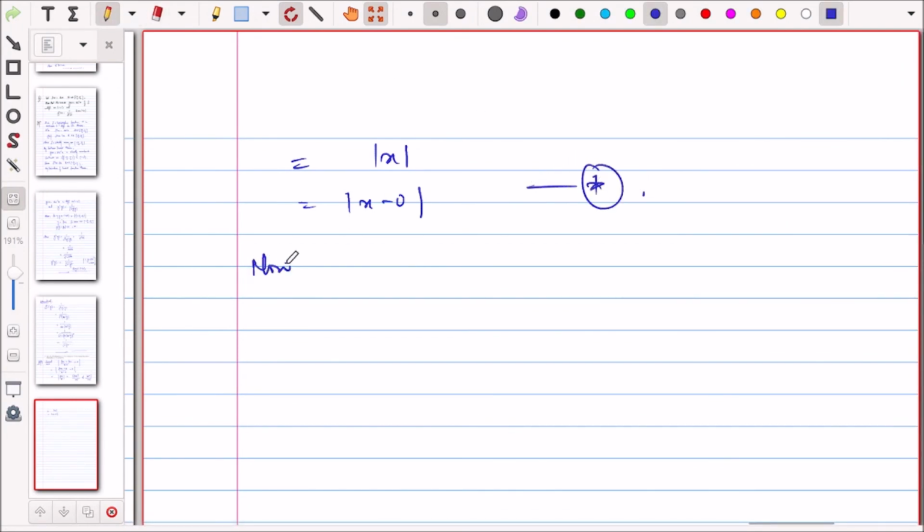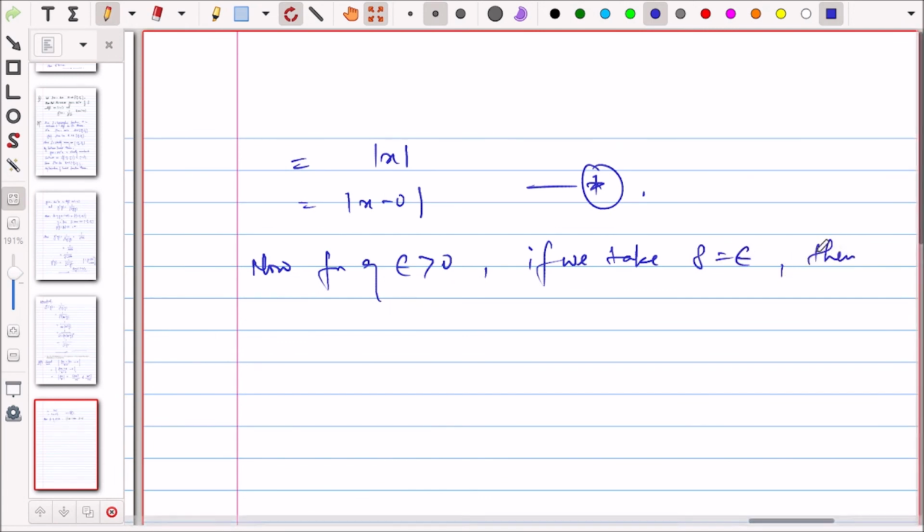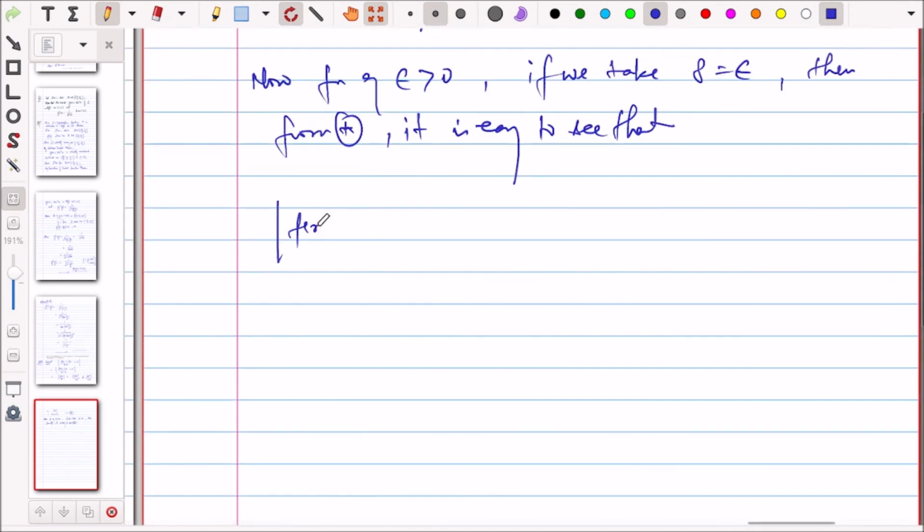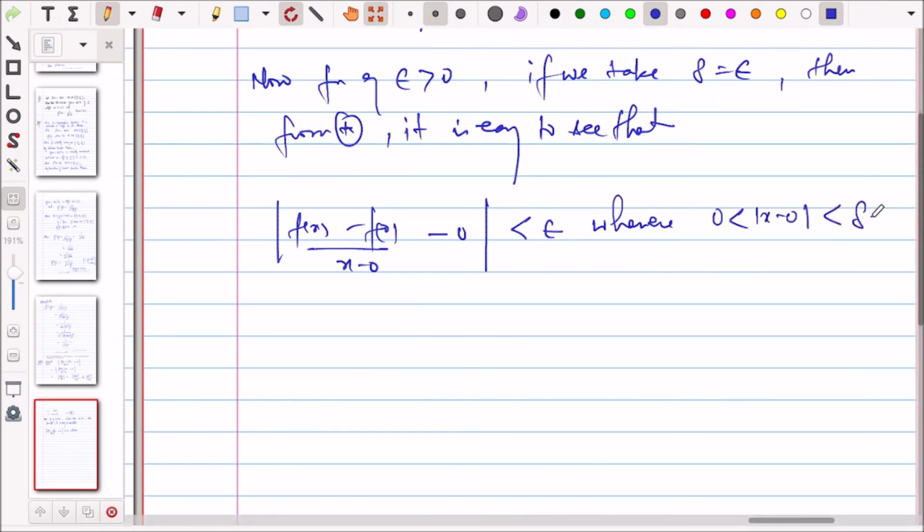Now for any epsilon greater than 0, if we take delta equal to epsilon, then from star, it is easy to see that fx minus f0 upon x minus 0 is less than epsilon whenever 0 is less than x minus 0 less than delta,